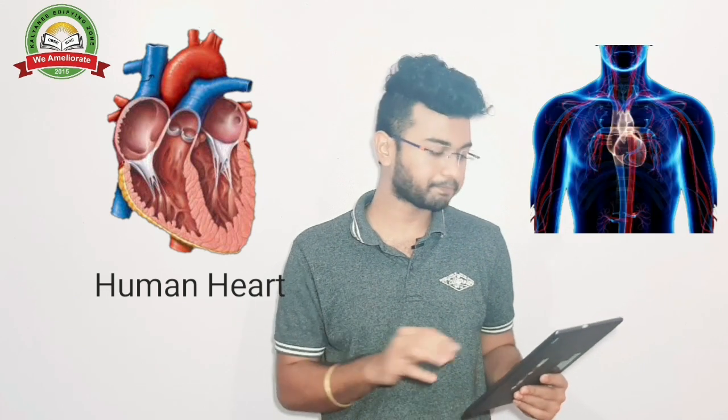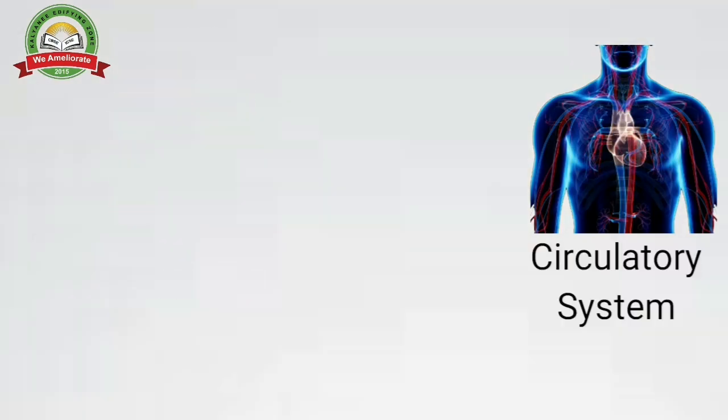So in that chapter basically a lot of concepts are there. You need to understand them thoroughly, so I cannot make you understand all those concepts in one video. So I am making this video in a series, part by part I will explain all the concepts. In this video I will explain the human heart and the circulatory system. But before that, what are the other concepts in the chapter? Just listen once so that the terms will be in your head.